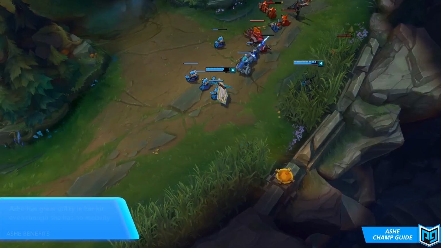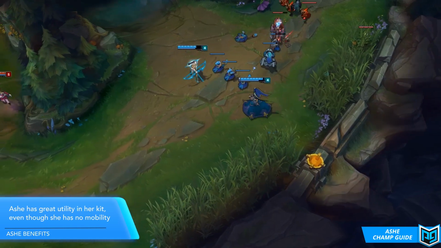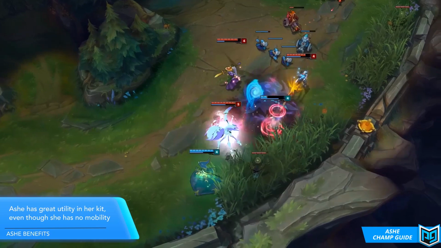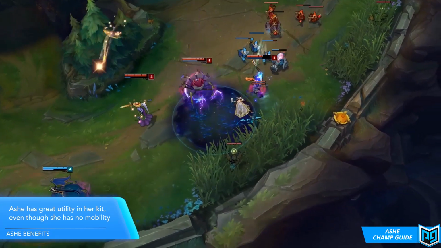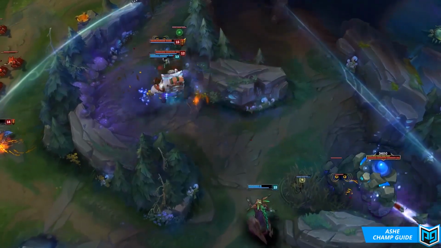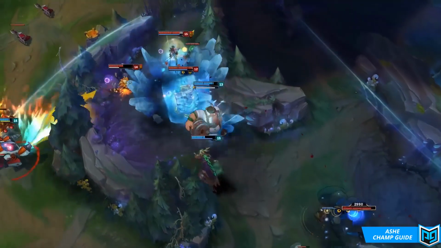The biggest problem with ASHE, though, is the fact that you don't have any mobility, so you have no escape. Even though kiting kind of makes up for it, it doesn't let you dodge anything, it doesn't let you gain distance, so you're going to have to be careful with your positioning. When we're considering everything together, though, having just one major con to playing her, the lack of mobility,